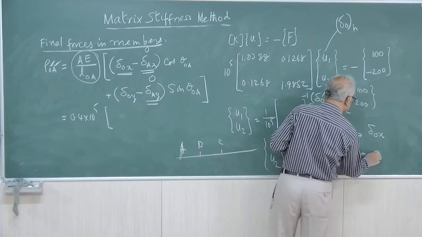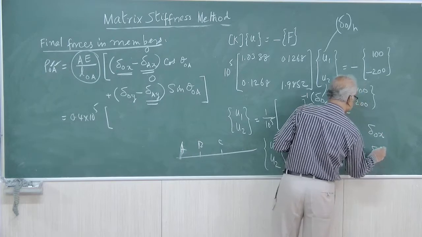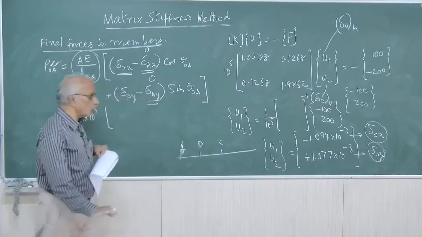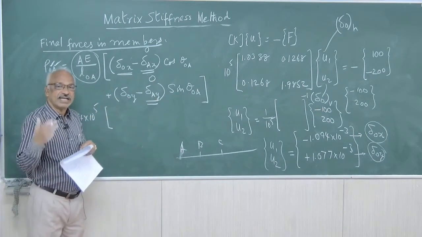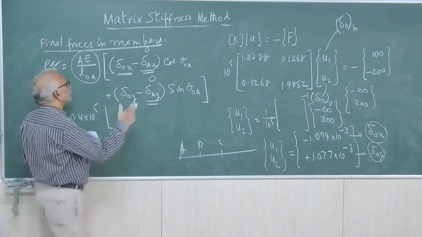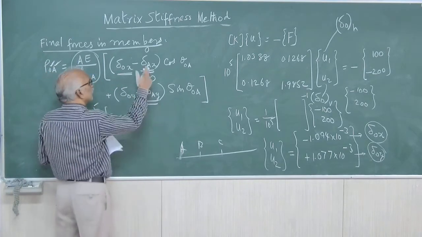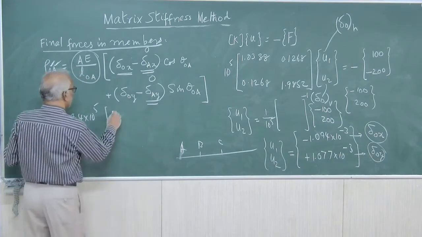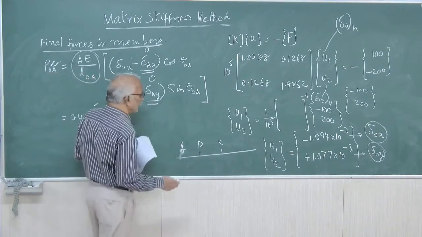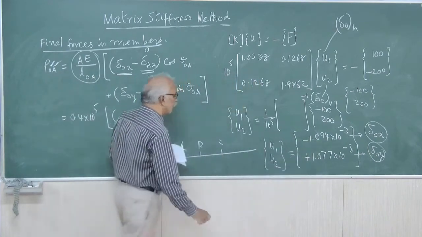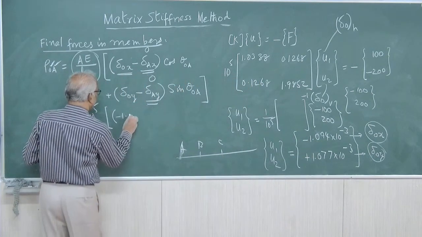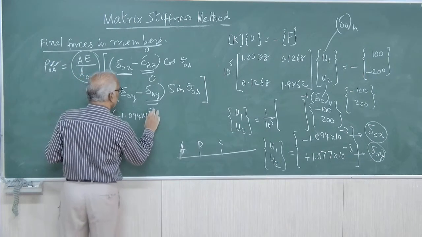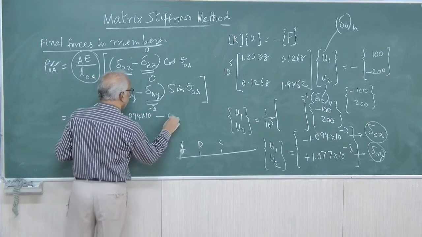This is delta O in the y direction. So these are the two values that we need to substitute only for O, because A, B, C, D and E, they are rigid joints. So in all the cases in this problem, the second values will be zeros, always zeros. Therefore, here delta O in the x direction equals minus 1.094 into 10 power minus 3, minus 0,